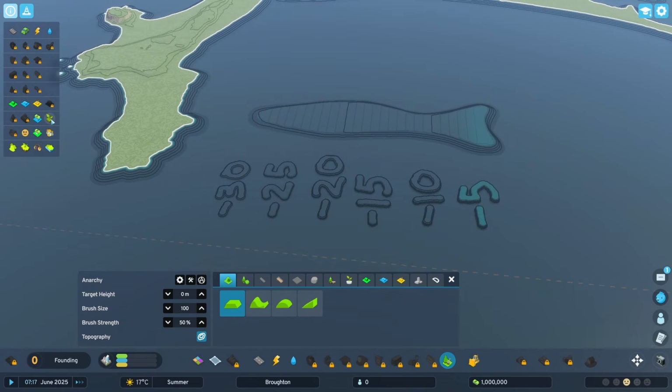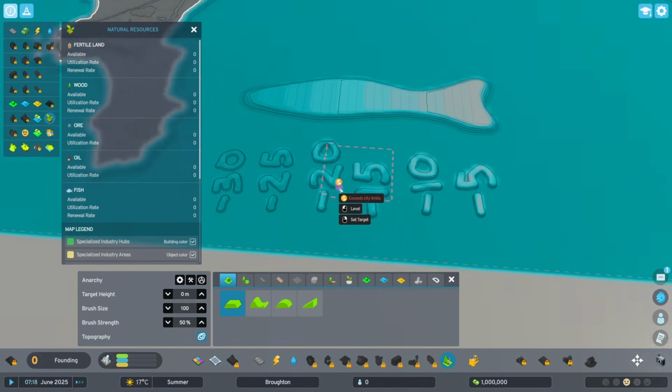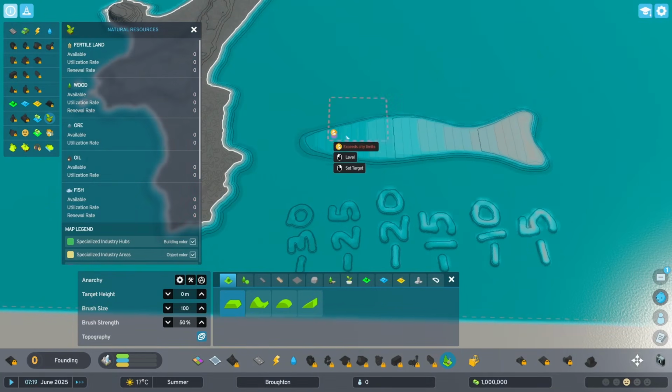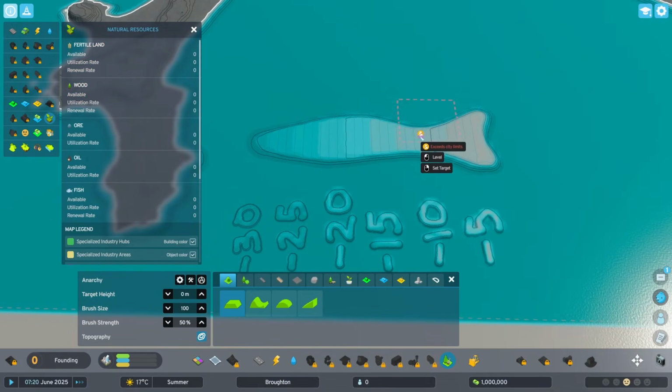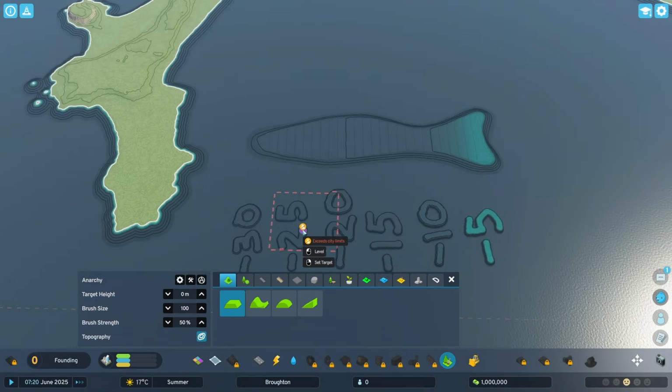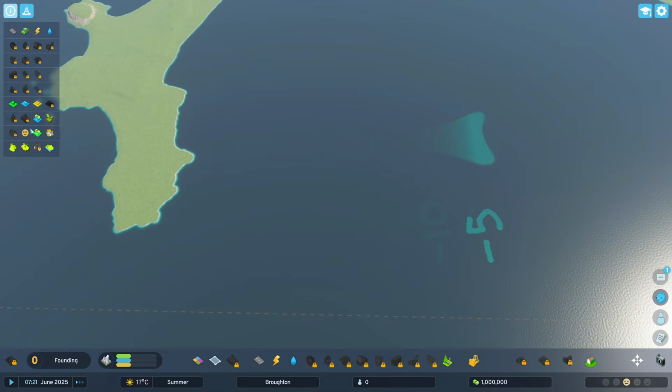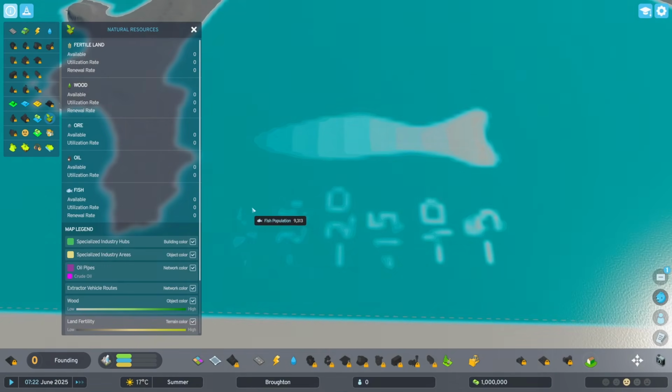If we turn on the natural resources layer, you can see the gradient here that is the abundance of fish. If we just use our tooltip, sorry, I'll get rid of the terraforming tool there, we can see that anything less than a depth of -30, we get 10,000 fish population. Then as we work our way up the gradient, you can see the fish population decreasing all the way,